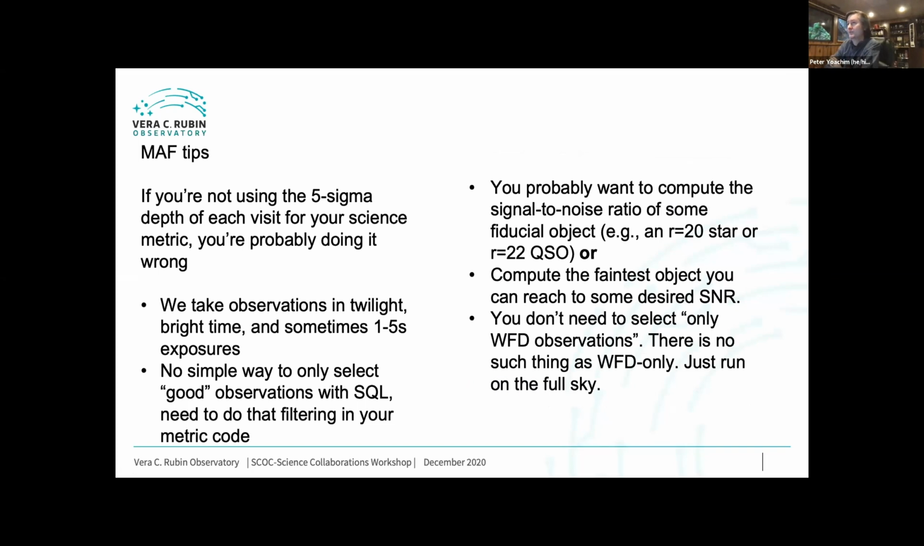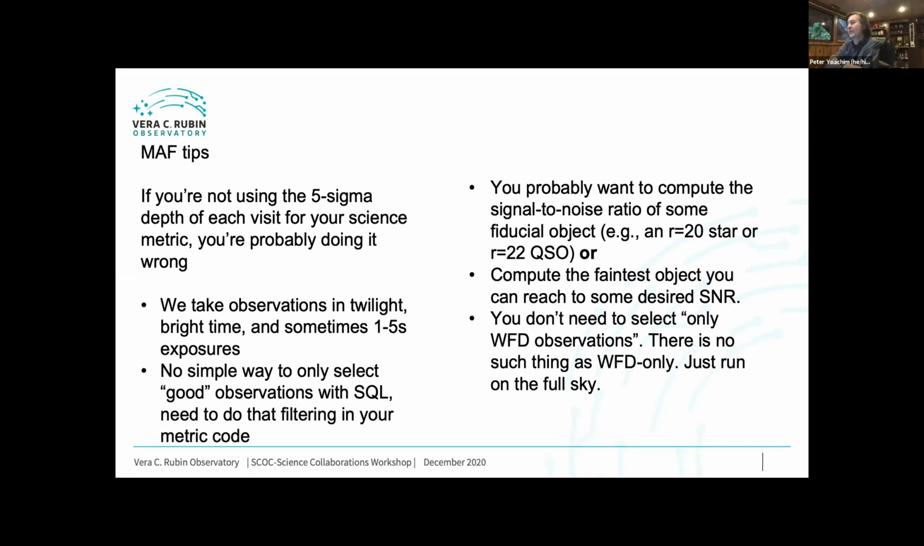So, some tips for MAF. If you're not using the 5 sigma depth of each visit in your science metric, you're probably doing it wrong. Basically, we have a lot of observations taken in a wide variety of conditions. Because Rubin Observatory is a single instrument facility, we're taking observations in twilight, we're taking observations in bright time. Sometimes we have experiments where we mix in 1 or 5 second exposures, and those are all included in that